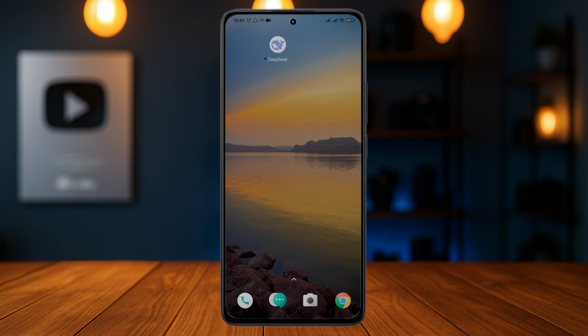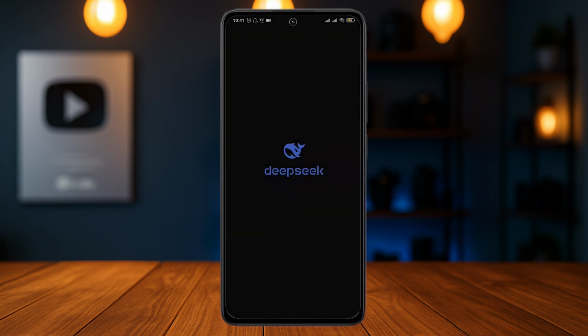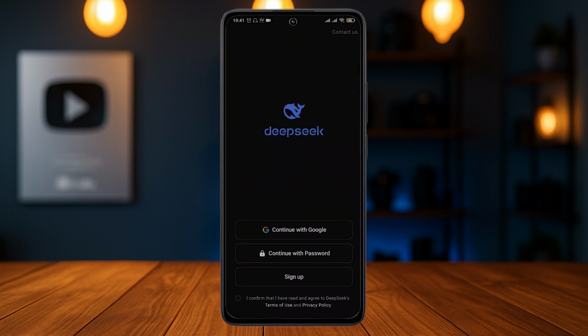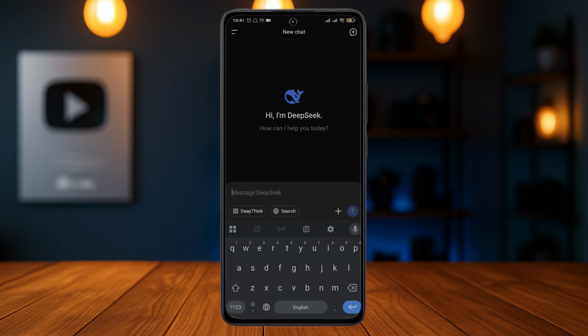Once the app has been installed, open up the app and log into your account. If you don't yet have a DeepSeek account, you can sign up first. Once you have signed up, or once you have logged in, you can start using DeepSeek through